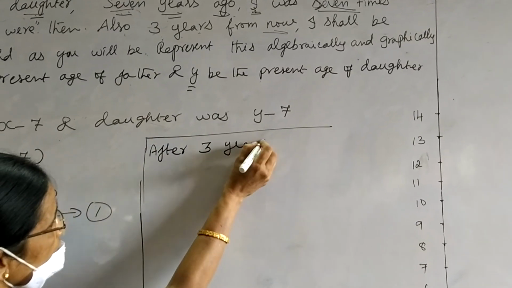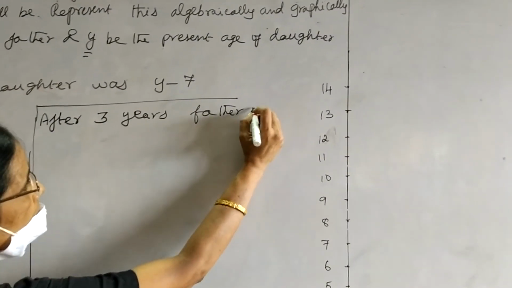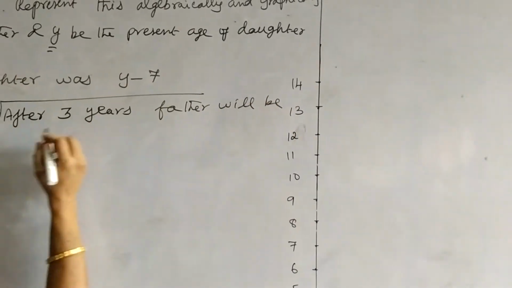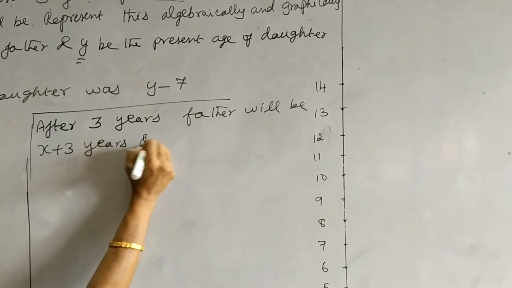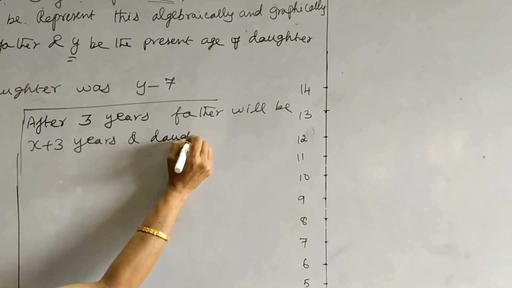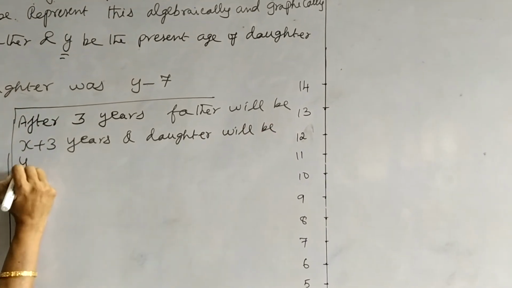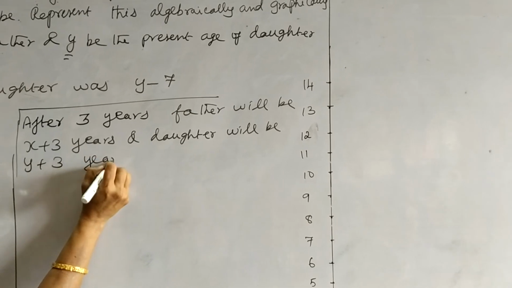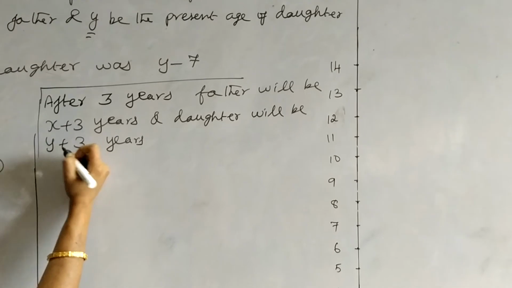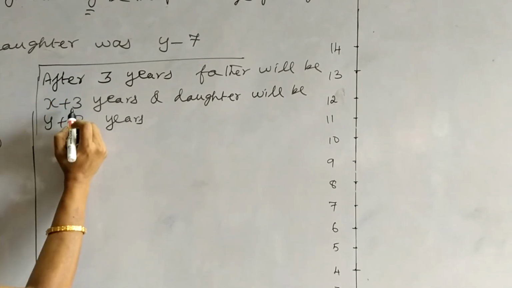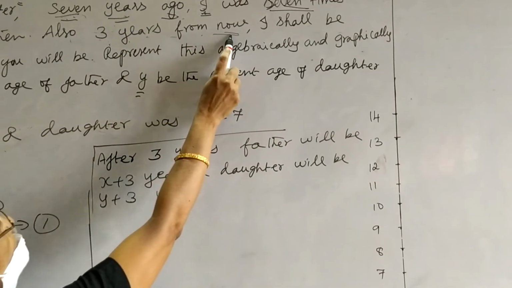After 3 years, father will be x plus 3 years and daughter will be y plus 3 years. Hope you understood. When it is after, remember we should add that number to x and y. If it is before, we should subtract. So we have found only the ages. But what does the statement say? 3 years from now I shall be...